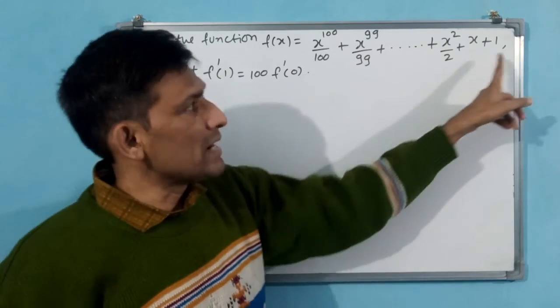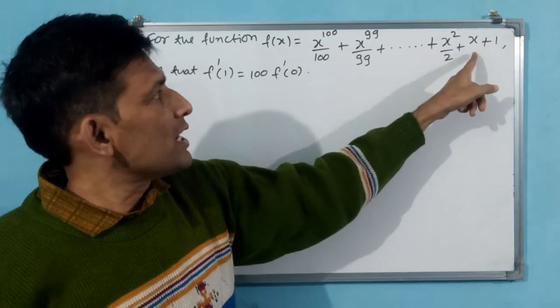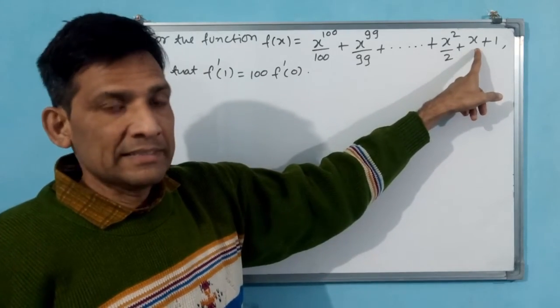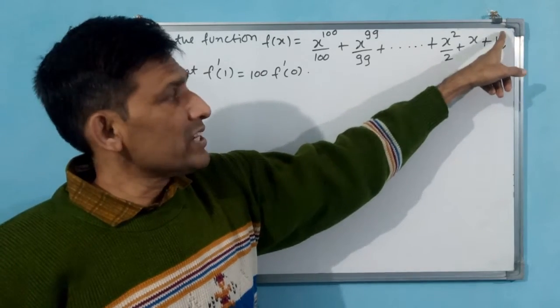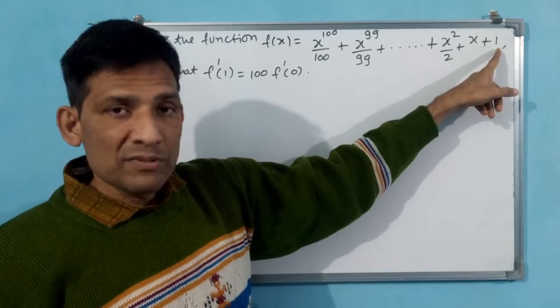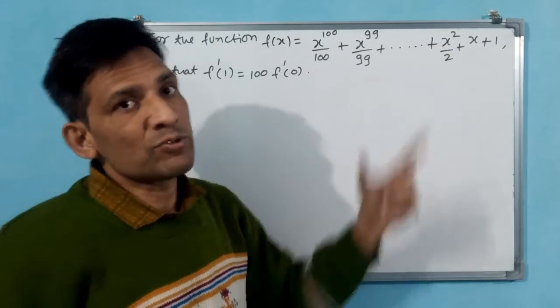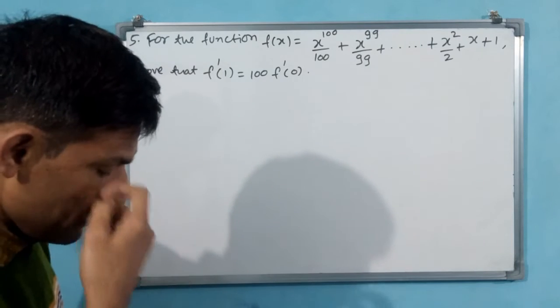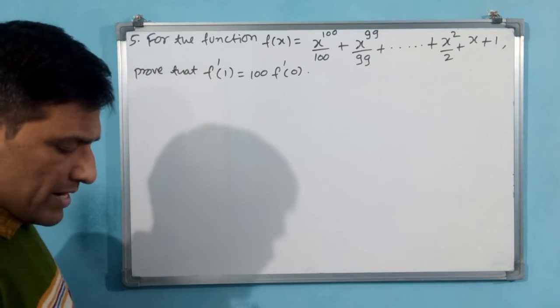Here total 101 terms are there, but in 101 terms, 100 terms are having variable x. One term is only constant, a scalar. Scalar derivative is 0, that you keep in mind. If this becomes 0 after differentiation, only 100 terms are going to remain. Like that you keep in your mind. Okay. Let us do now. You see what I am writing?